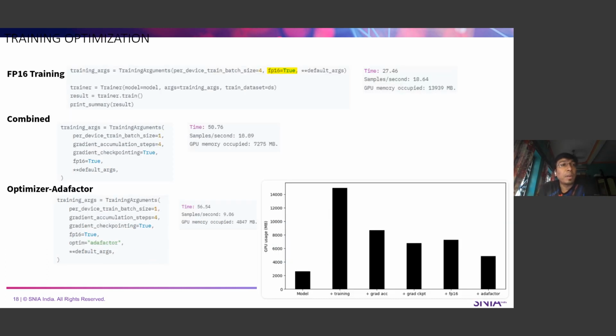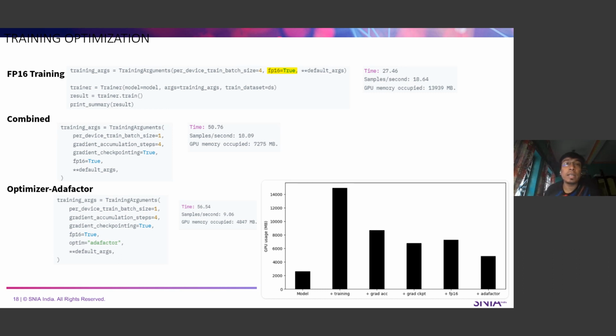Also, continuing with the optimization, there are different techniques, for example, 16-bit floating point precision. There are 16-bit and 32-bit. If we go down to 16-bit from 32-bit, it will increase the training speed, because calculation is going faster. Rather than 32-bit precision, we are calculating in 16-bit, so calculation will go fast.